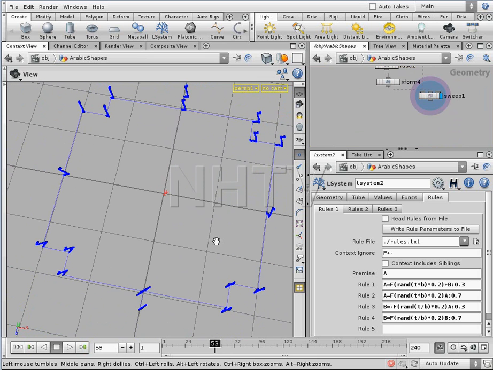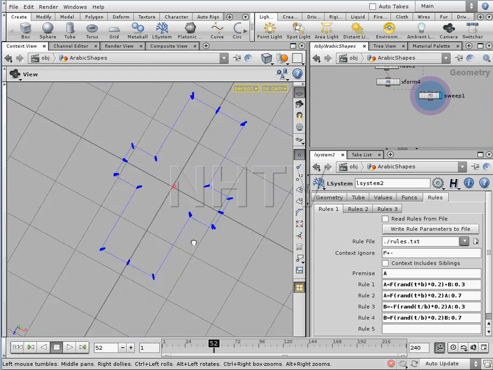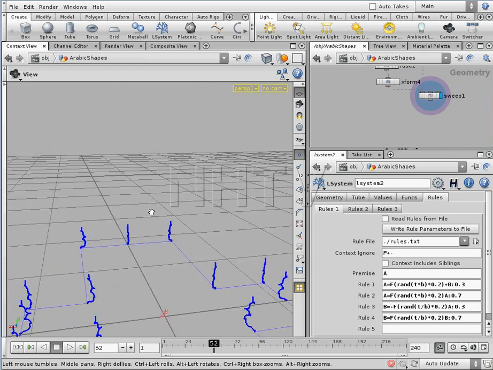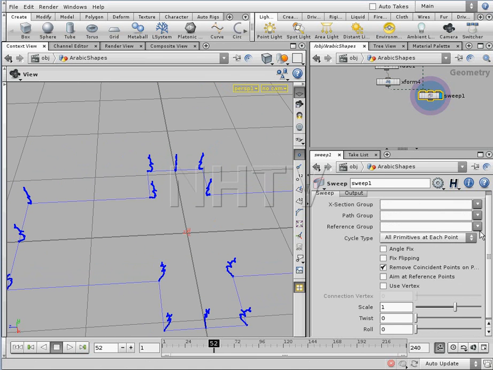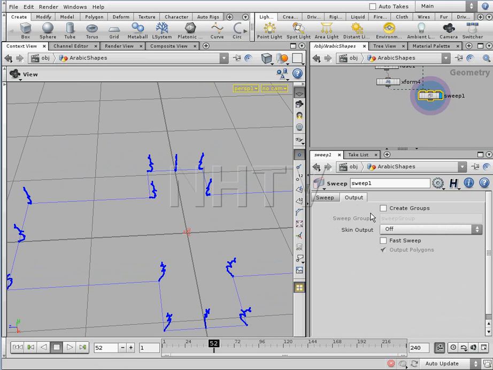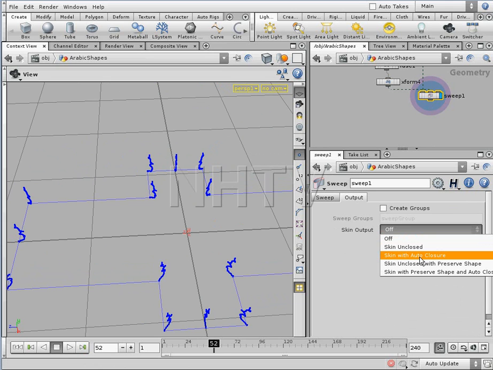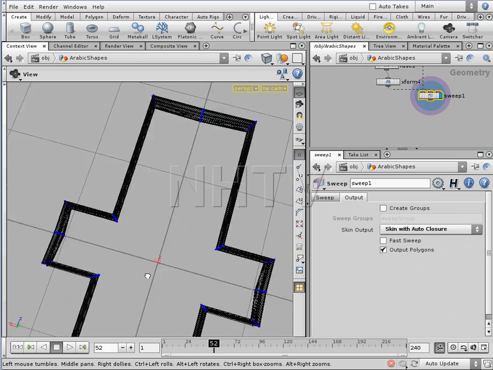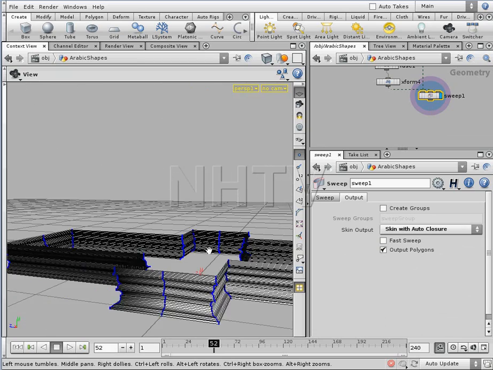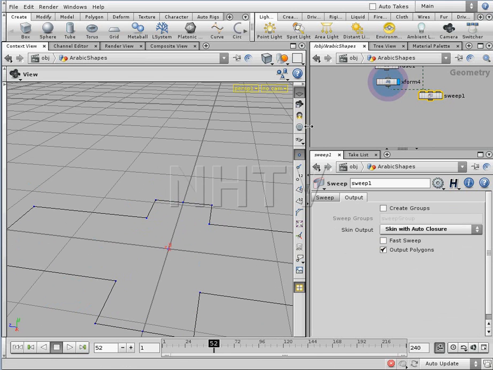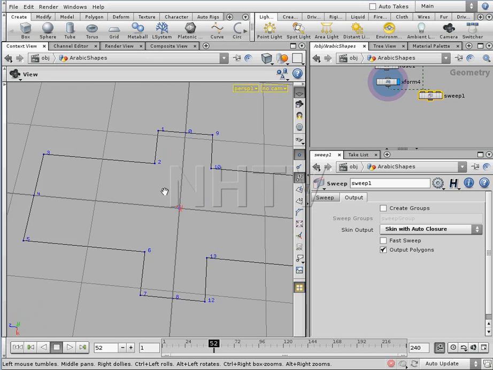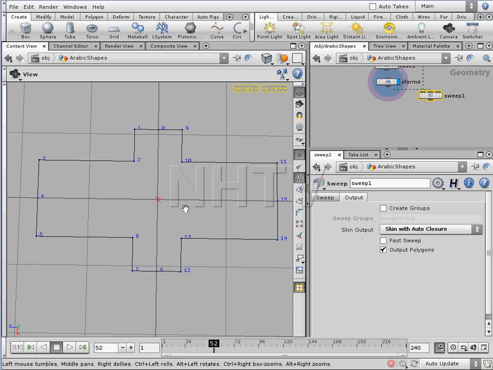Or a shape like this might also be a good one. This one is the easiest. Okay, so we see all these profiles, and now we're going to sweep the output. I'm going to do this with auto closure. Well, it doesn't seem to give any problem. I think I had a problem before with something else then, but I'm going to give you a solution anyway for the time you might have a similar problem in which you would really need to have like